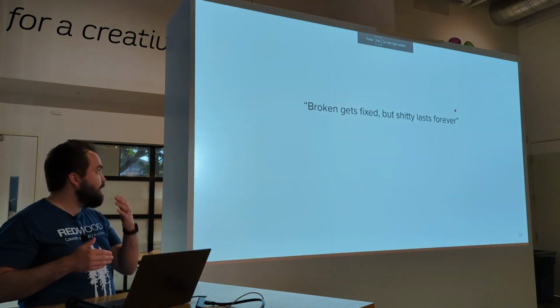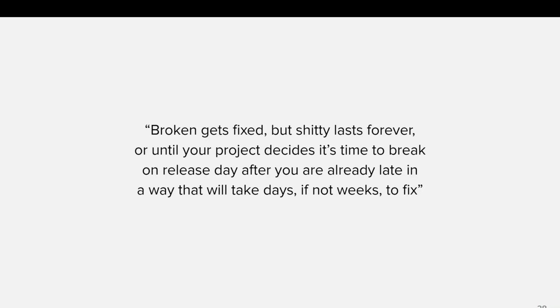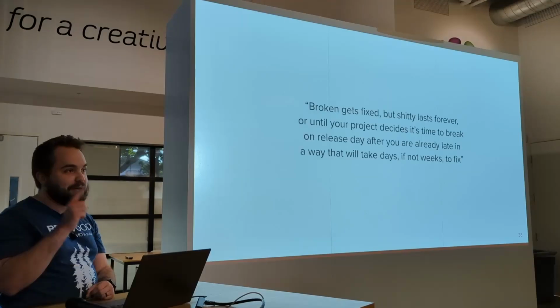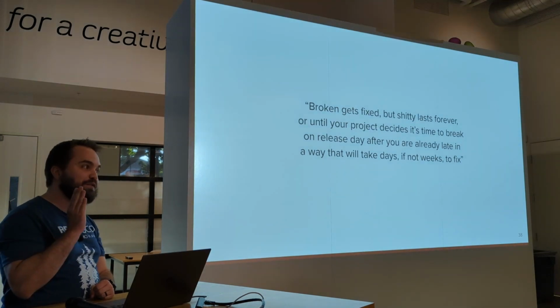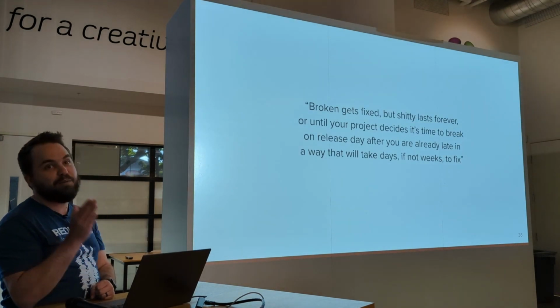So there's this common thing around the internet programming: broken gets fixed and shitty lasts forever. But I would like to add something. Or until your project decides it's time to break, on release day, after you're already late, in a way that takes days, if not weeks, to fix. So, keep in mind that even though it doesn't feel like your project's broken, you might be setting yourself up